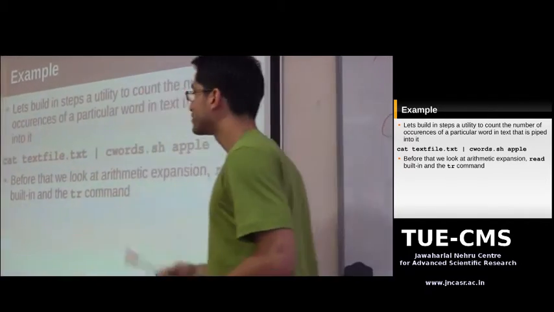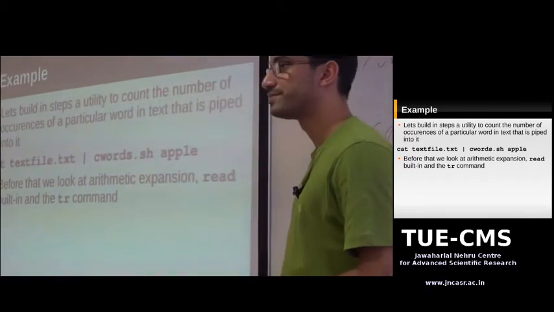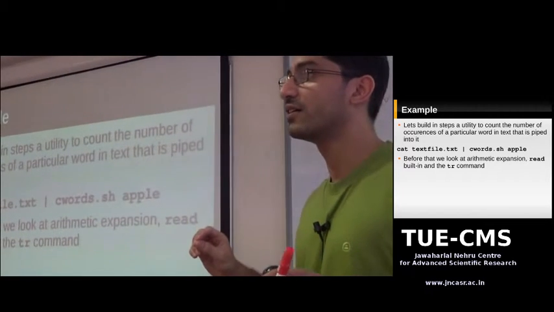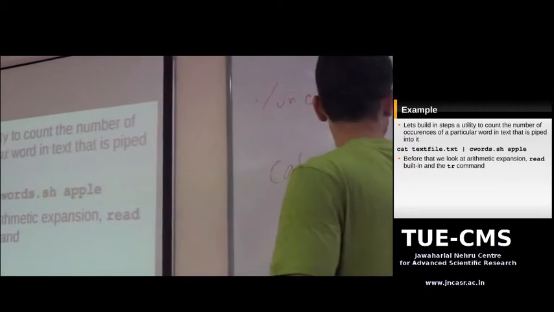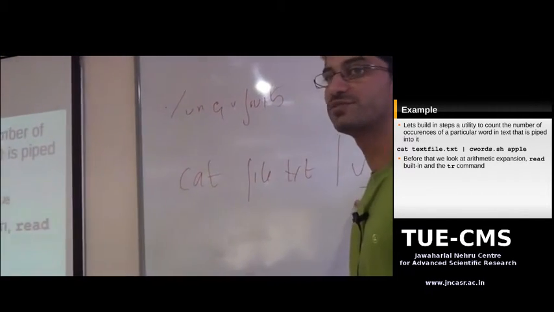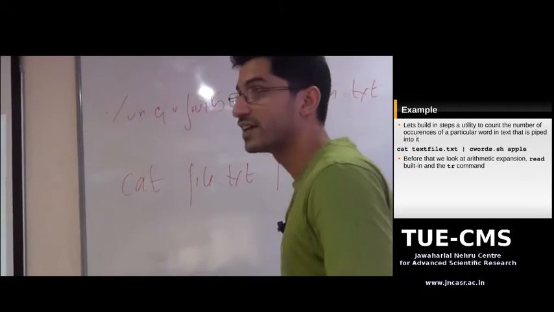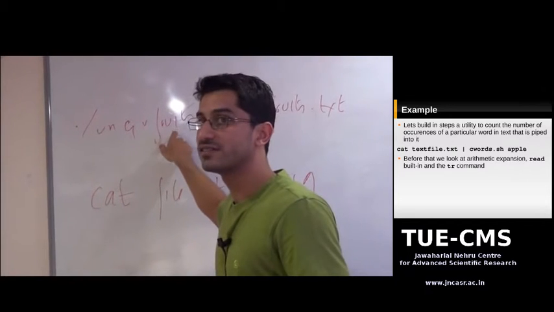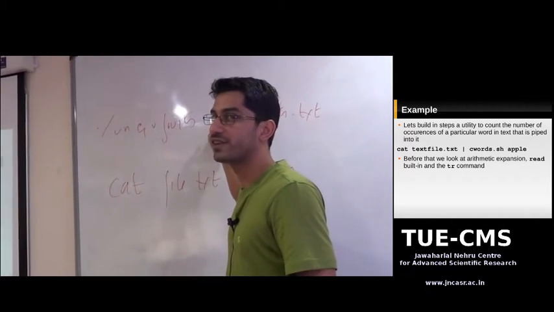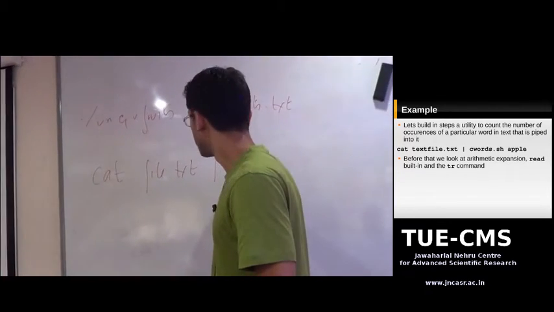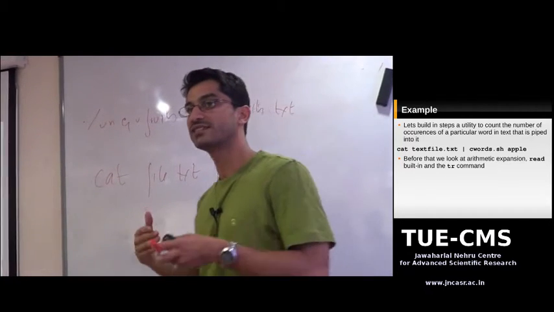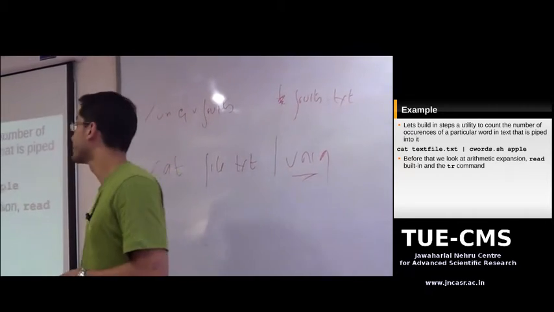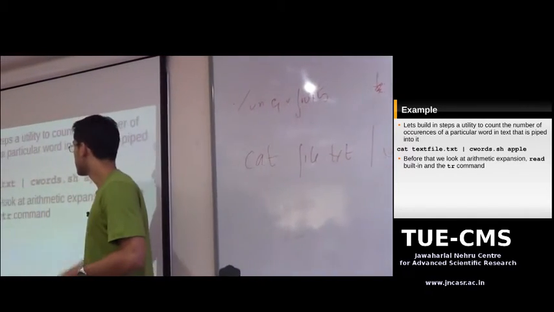So how do we build this program, this script? Actually what we're doing here is building our own little Unix filter. You'll find that most commands in Unix can accept input from the standard input. But this command did not read from standard input. You had to provide the file name after it. Most commands read from standard input because that allows every Unix command to be connected to another one, right? So we're going to build our own little filter script.